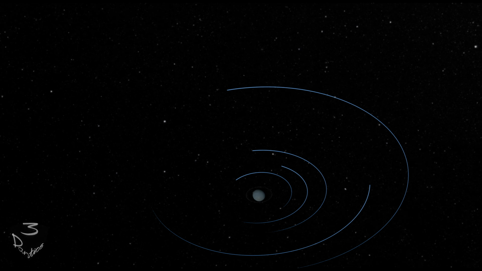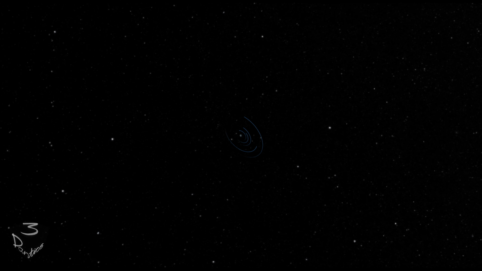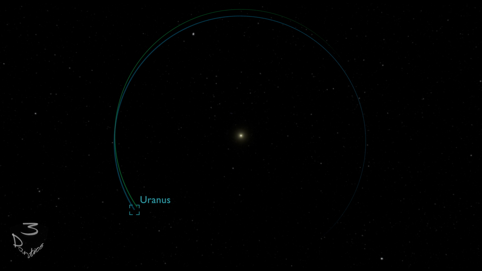Uranus was the first planet to be discovered with a telescope. You can't see it with the naked eye, and the ancient cultures weren't aware of it. Its orbit is the most elliptical of all the planets, meaning closer to or further away from the Sun. When it was first observed by scientists, it repeatedly didn't appear where it was supposed to.